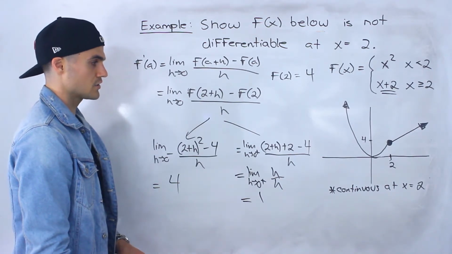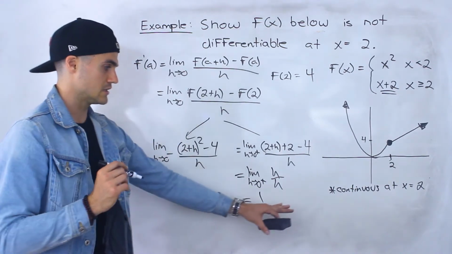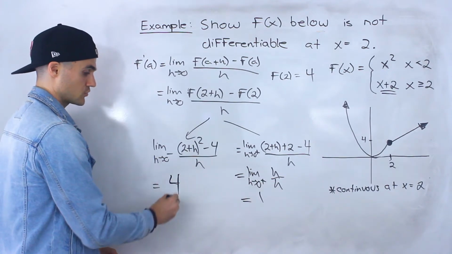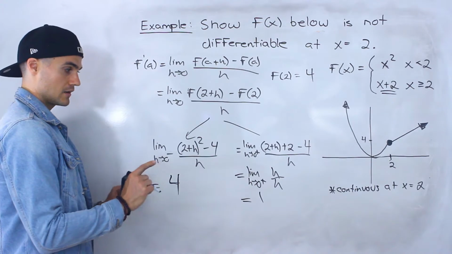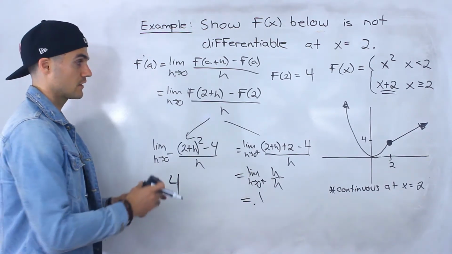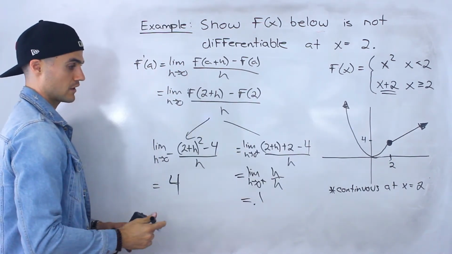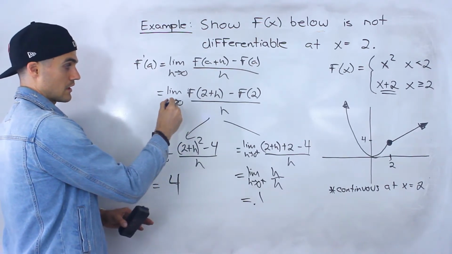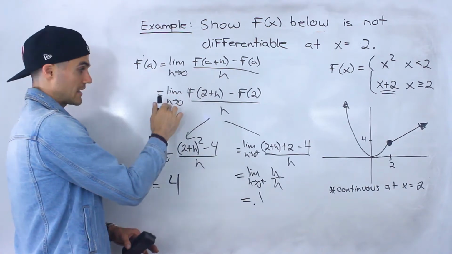So the difference between this question and the previous one: this right-sided limit was still 1. It was the same. It's just that now we have an actual number, instead of negative infinity, we got 4. But nevertheless, notice that these two values are different. And because these two values are different, we're approaching different values as we approach 0 from the negative side and from the positive side. It means this overall limit as we approach 0